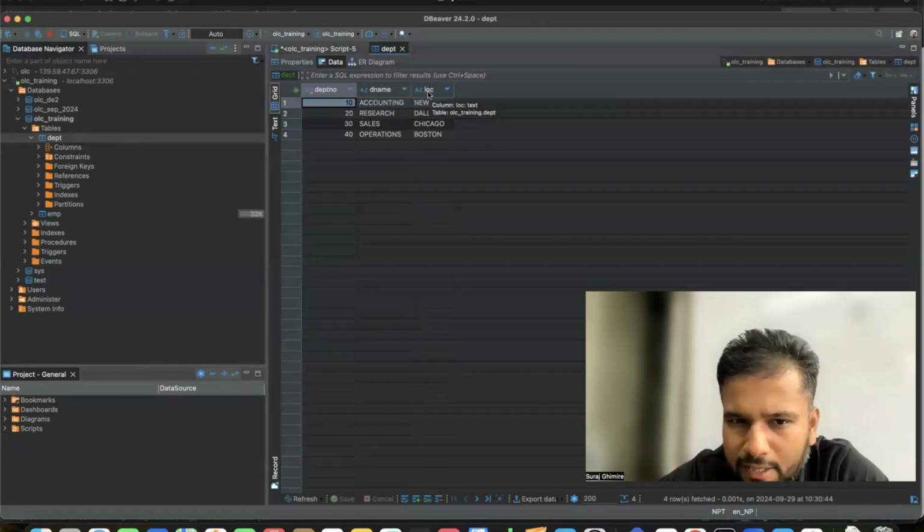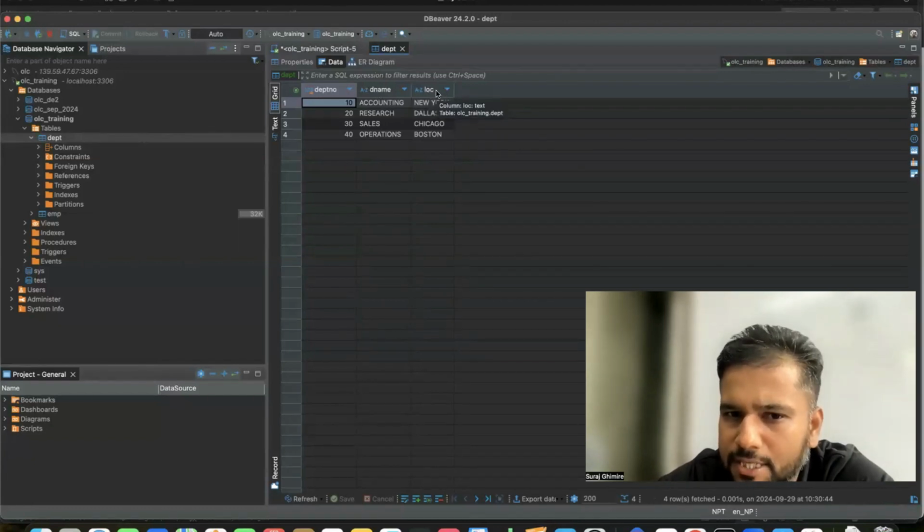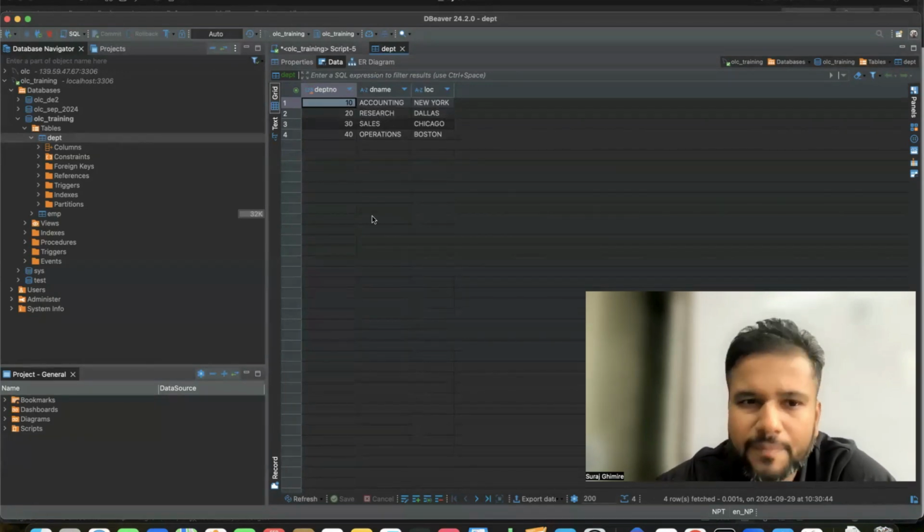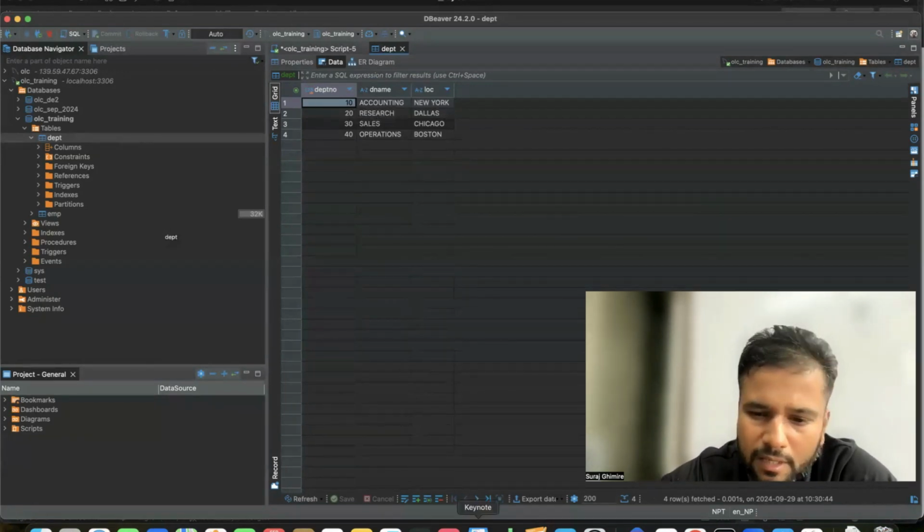What are the types here? Type is text. See here. You can see here type is text. Okay, and text are represented like A to Z. When you see something like this A to Z, understand it is of text type. Okay, department number. If you see there is a key here. Do you see one small key here, orange color key? That means it's a primary key. Okay, and 1, 2, 3 means it's a number, integer. Okay, so that's how you should actually understand it. Okay, done. Now let me go back,